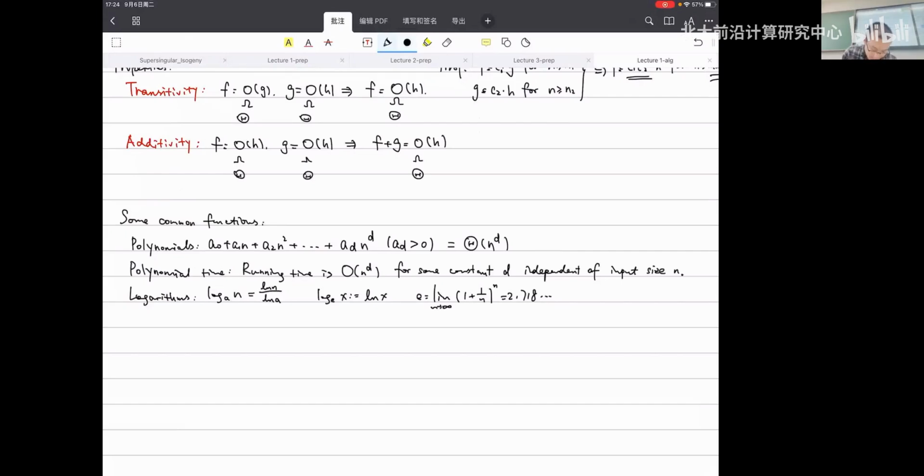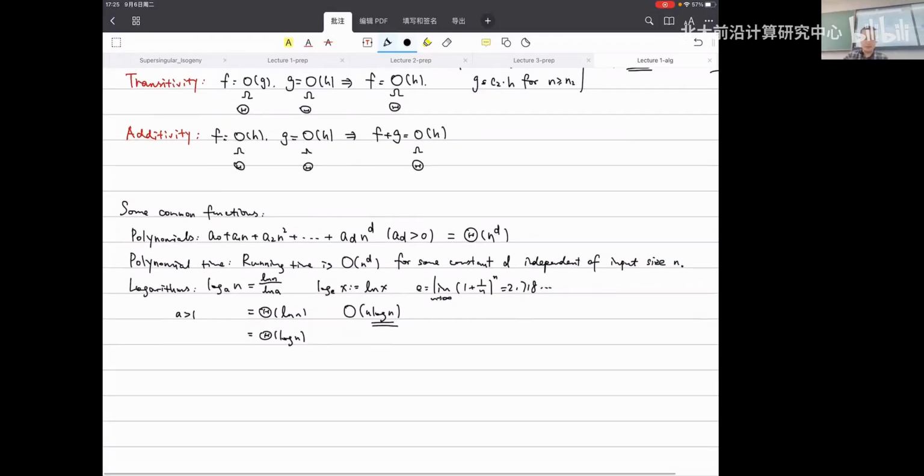For every constant a larger than 1, this is theta of log n. This is the reason that in a lot of algorithm design and analysis, we just typically write n log n. A question might be: what is the base of the log here? It can be log 2 of n or log 100 of n, but this really does not matter in terms of the big O notation. So in algorithm design, we feel free to drop the base and simply write theta of log n.